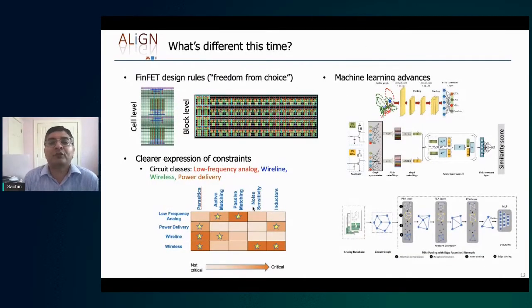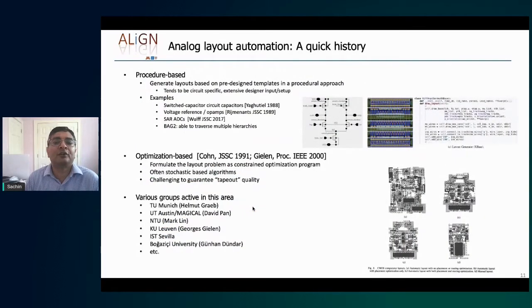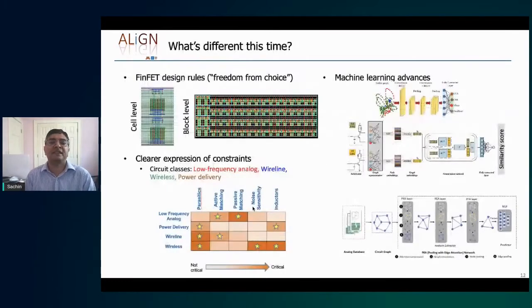So now the question is, what's different this time? Why would we expect to be any different from all of these efforts? I'll point out a few factors that have changed now. The first of these is that we are now in the FinFET regime. And so this means that a lot of analog design is being done at, say, 16, 14 nanometers or 10 nanometers or 7 nanometers.